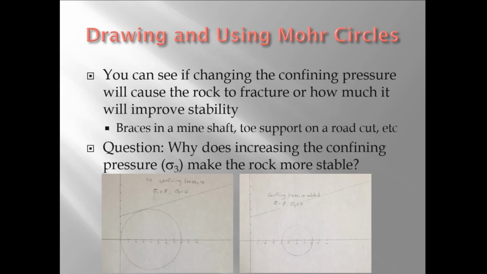So in the lab today, you'll draw some more circles. You'll look at the effect, what the size of the circle means, how it moves, where the rock is safe, where it's not safe, and how you can use the Mohr circle